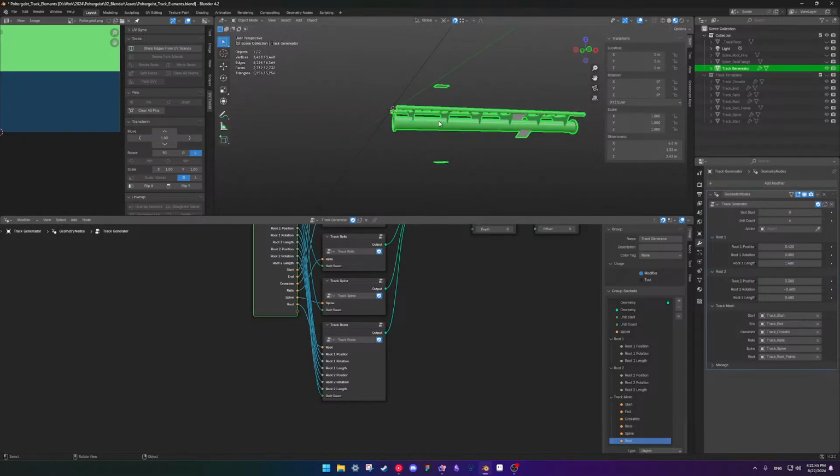So when we subdivide it, the point will be right in the middle, which is exactly where it needs to go anyway. So that's perfect.